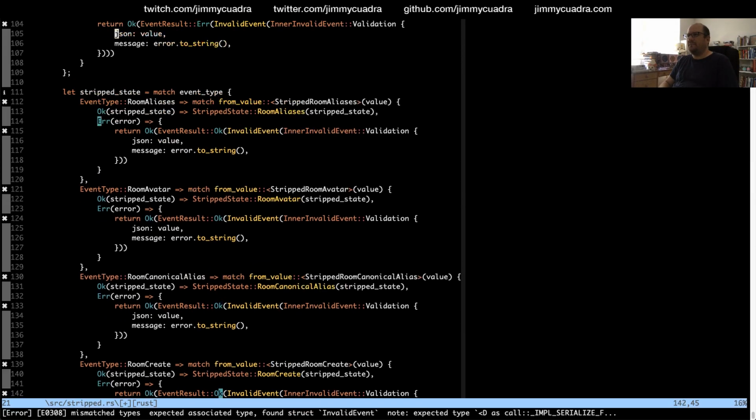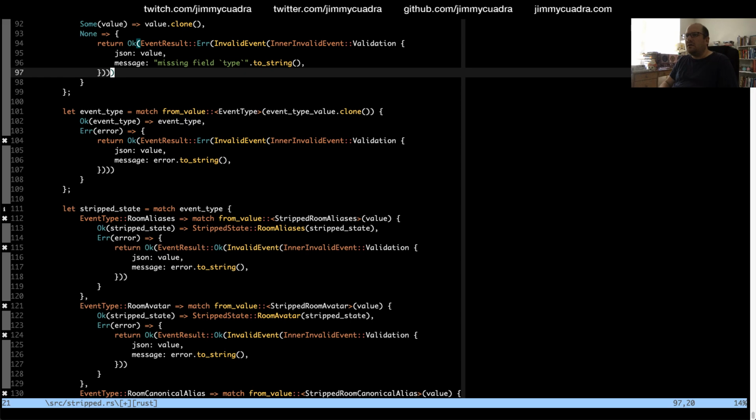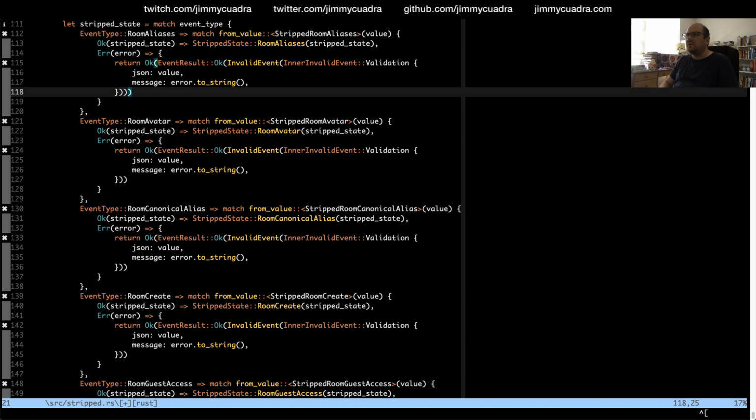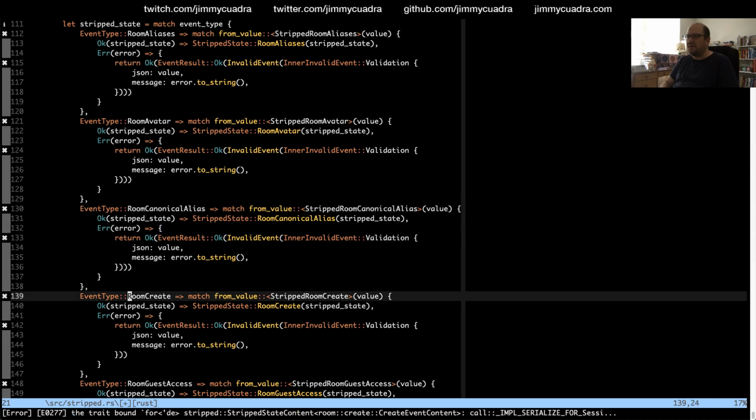Yeah. Oh, crap. And then I need an extra closing paren on each of these lines, because it's now wrapped in an additional layer.